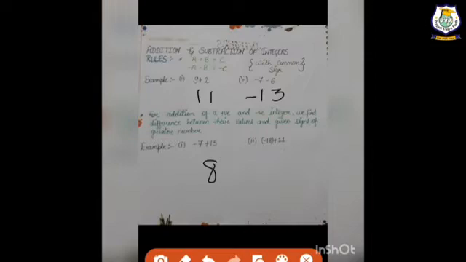Now the second one, minus 18 plus 11. What will we have to do? We will subtract 11 from 18. So we are getting 7, and minus 7, because 18 is our greater number and 18 has the minus sign. So we will put the minus sign before the 7 to indicate that it is a negative integer, and before the other answer I have not put any sign because it is our positive integer. So here are some rules to do the addition and subtraction of integers.